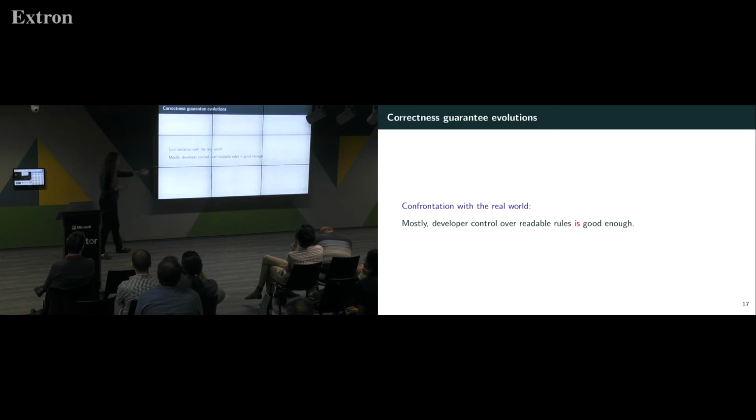So I would say, in confrontation with the real world, mostly the expertise of the developer is good enough to get things okay. That doesn't mean that nothing incorrect has ever been done with Coccinelle. Certainly things that are incorrect have been done with Coccinelle, just like bad programs have been written using C or Java, all different kinds of languages. But often when the change turns out to be incorrect, it's the developer who didn't really understand what the change was supposed to be, or all of the constraints that had to be taken into account. So it's kind of the developer's problem.